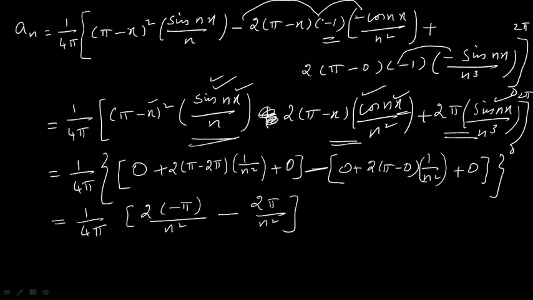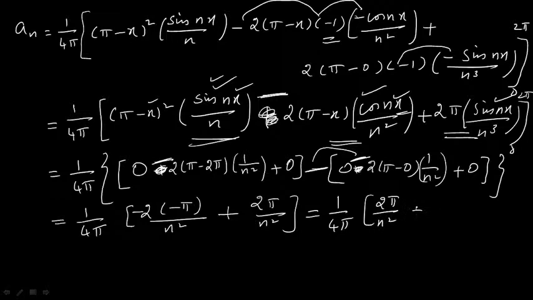Sorry, I made a mistake here. So 3 times minus here becomes minus itself, isn't it? 3 times minus means minus. So here we have changed this plus to minus. So here you have minus of 2 times minus pi divided by n square, minus of here you have plus, isn't it? Minus and minus becomes plus. So that is equal to 1 divided by 4 pi, 2 pi divided by n square plus 2 pi divided